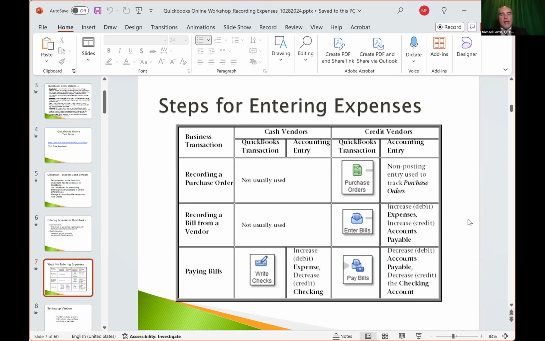Okay. The second one is recording a bill from a vendor. So again, if I'm doing cash, I don't usually get a bill. I don't need a bill. I'm paying at the time that I make the purchase and therefore don't need one. However, under a credit scenario, entering the bill is the first step.